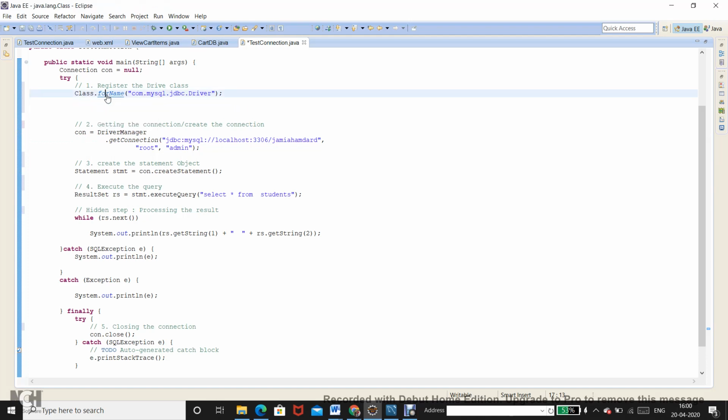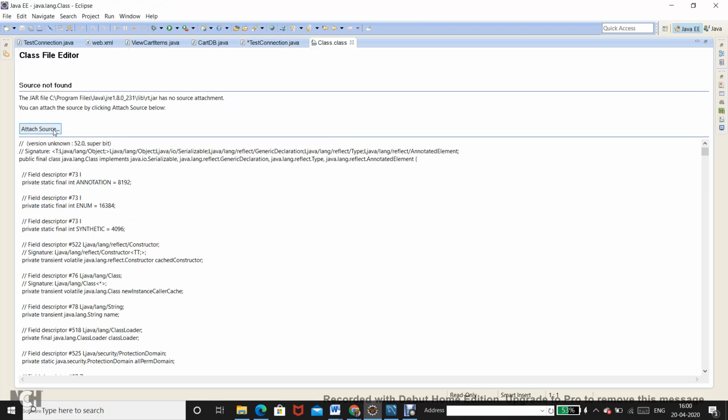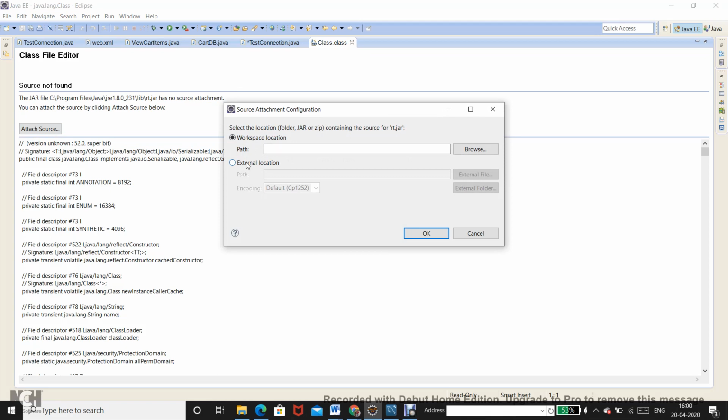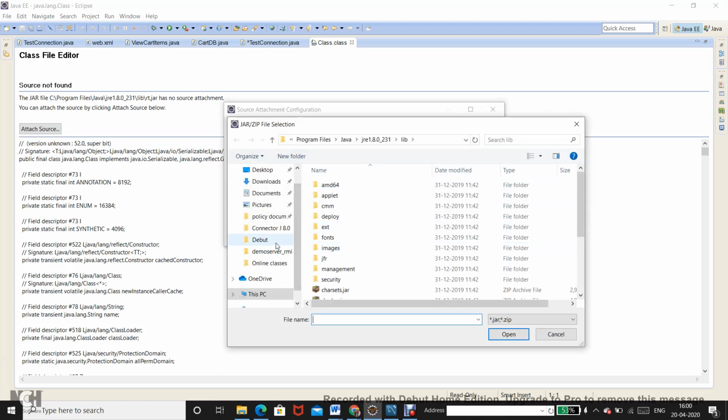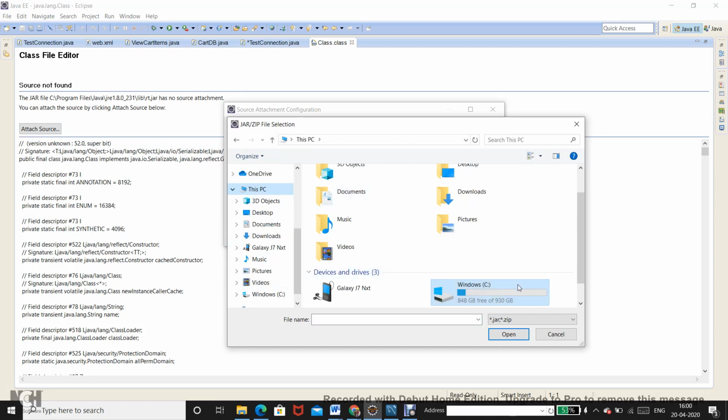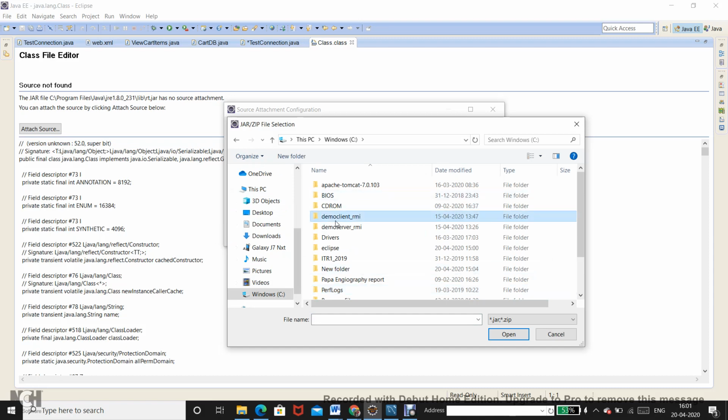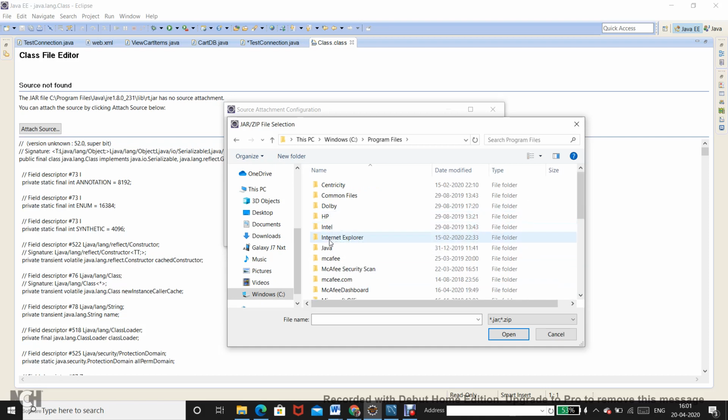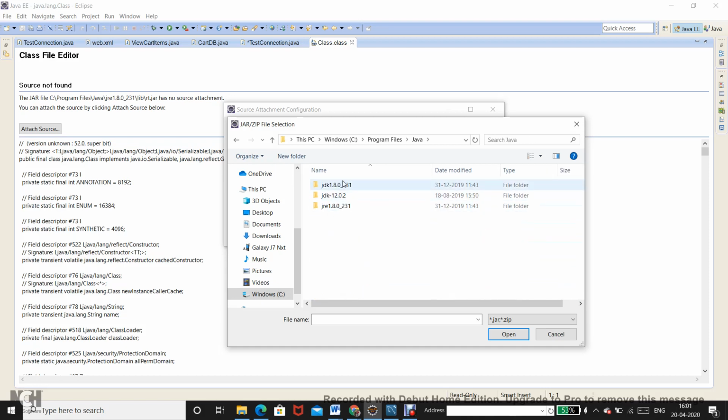So let's open this forName method. I have not attached the source, so you cannot see it.